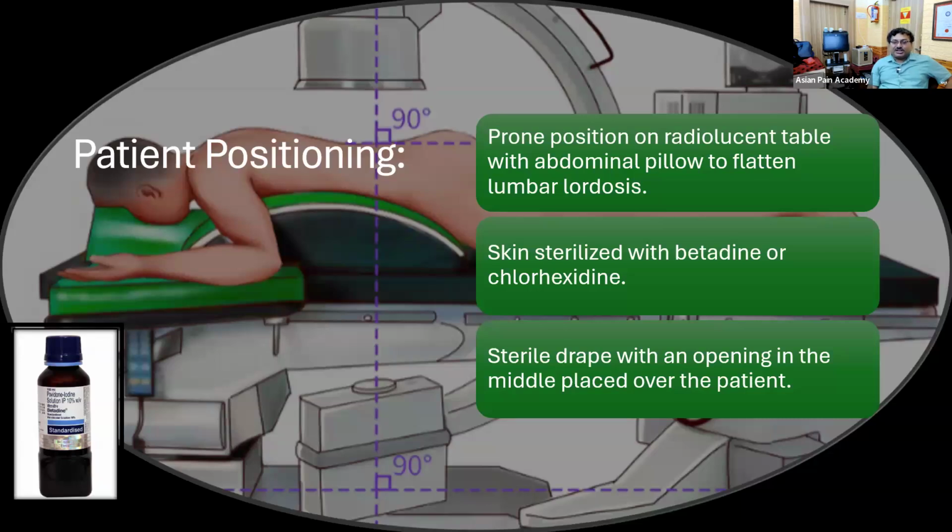After positioning the patient, the next part is skin sterilization with betadine or chlorhexidine. Sometimes you can use spirit as well. Depending on the protocol of your institute, you can go for the skin sterilization. Use a sterile drape and a cut sheet to drape the area. Now you have to locate it. For the location, we first go for an AP view and find out at which level you are going to do the procedure. Now after you have located the area,